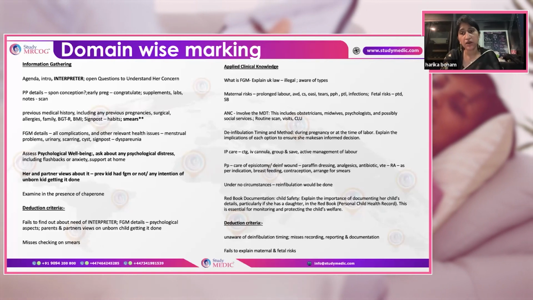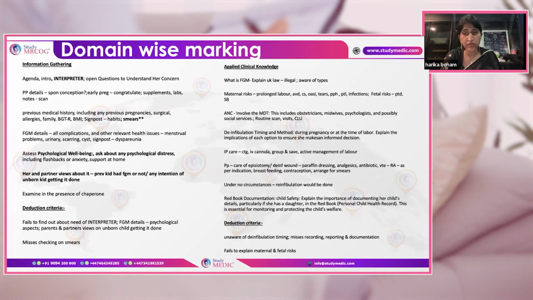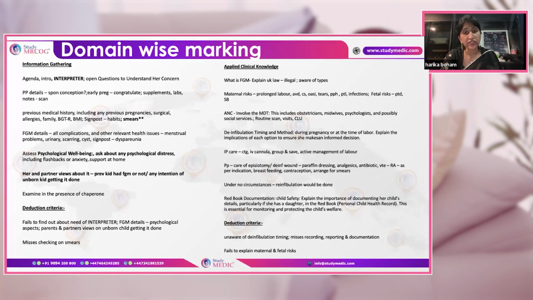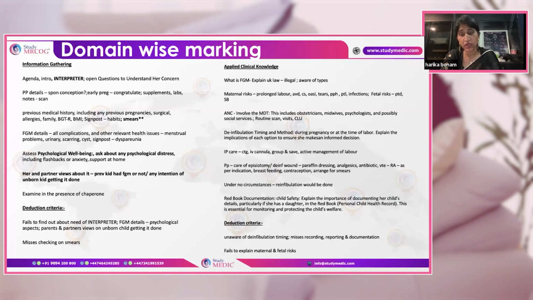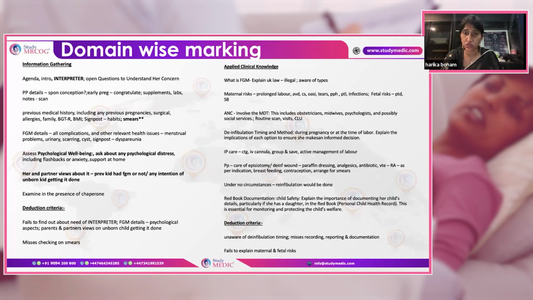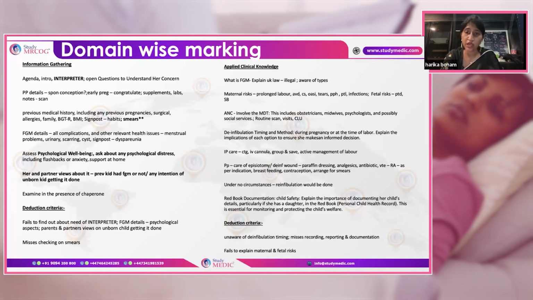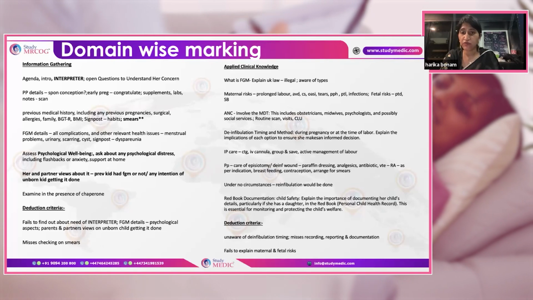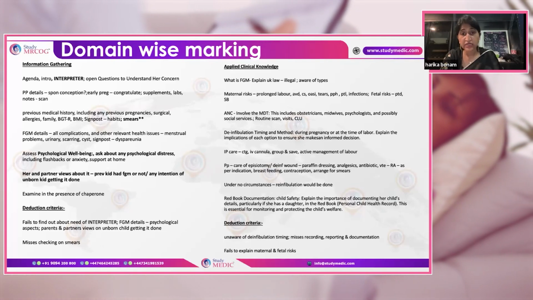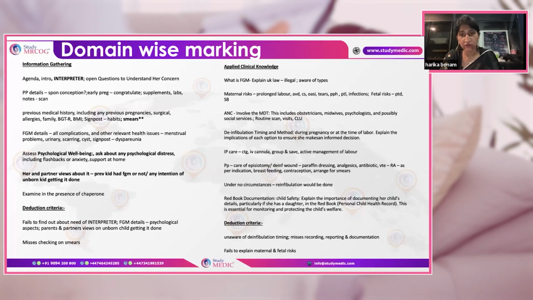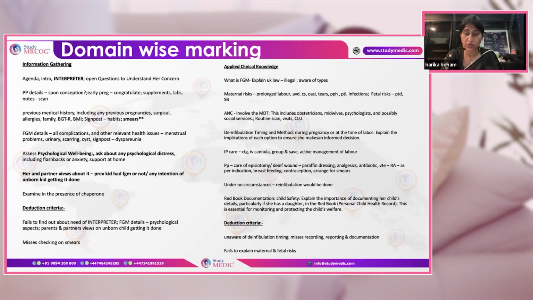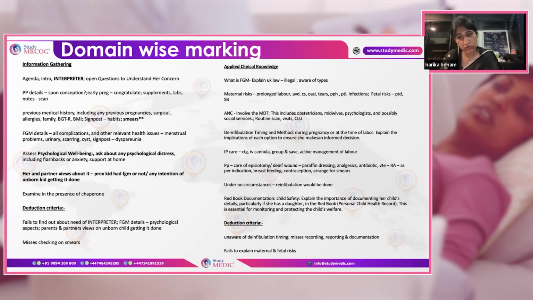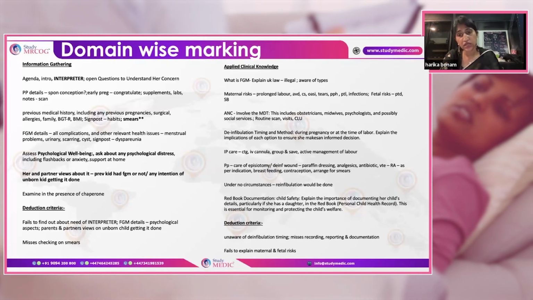And in the first or second stage of labor, depending upon that, you will have to talk about using the scalpel or scissors, and explain the implications of each option to ensure that she makes an informed decision. You'll have to ask her when she wants it, and then accordingly proceed. And in the intrapartum care, you have to talk about the need for monitoring of the baby with the heartbeat trace. IV cannula is important because she is prone to develop PPH, group and save, and active management of the 3rd stage of labor. In the postpartum period, care of the episiotomy, and then if defibulation is done, the wound